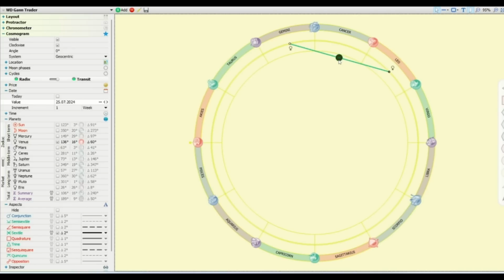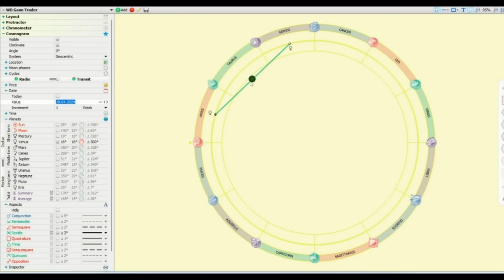I have also noticed that reversals are seen 1 to 2 days after the Venus-Venus sextile date. That is, if the date is 25th July, then a reversal can be seen in the market from 26th or 27th July. Since 27th July is a Saturday, you can consider Monday instead. Let us backtest it on the Nifty from the year 2020 to 2024 to check the accuracy. Let's go back in the date and change it to week.